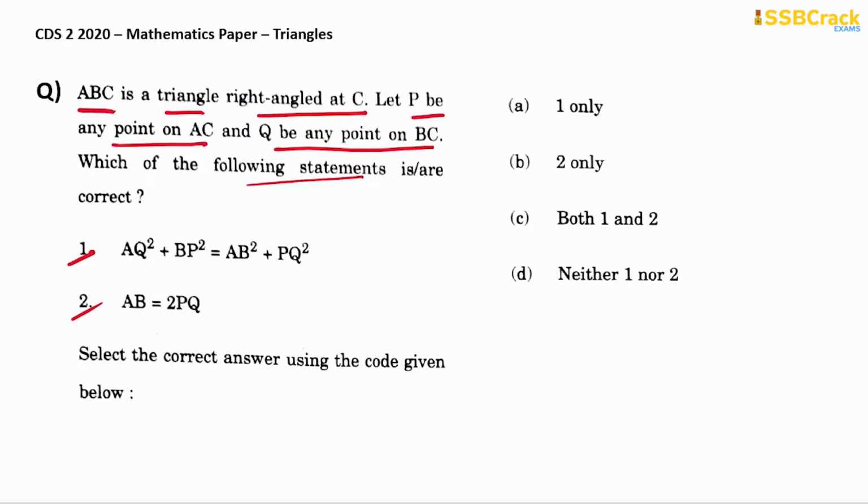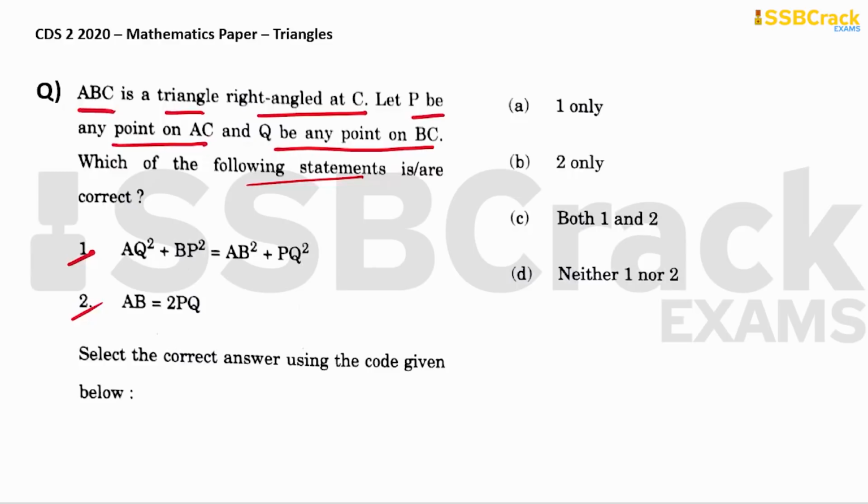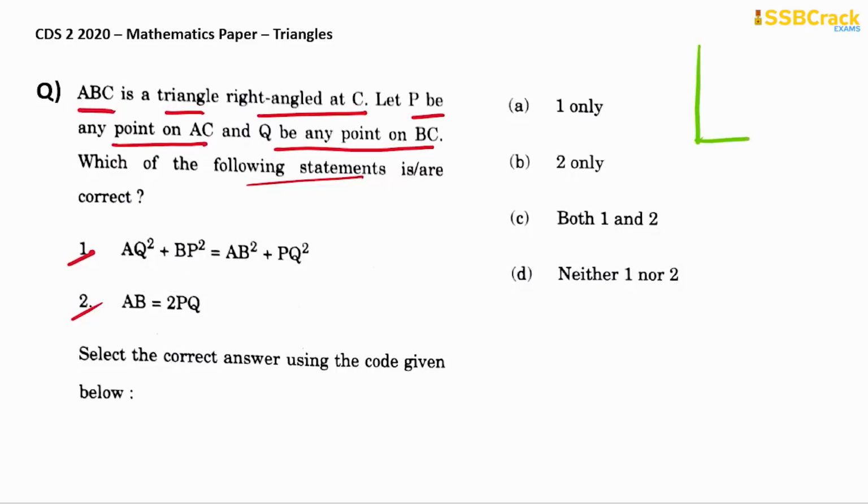So see, we have a very general criteria in the question that triangle ABC is a right angle triangle, all right, but P and Q are any 2 points. So we have to first of all visualize a right angle triangle where the right angle is at C. So this is C, and I have to give the names in this order, right? And what else we know is P is a point on AC and Q is a point on BC. So let's mark them. P is a point on AC here, any point it is, and Q is a point on BC.